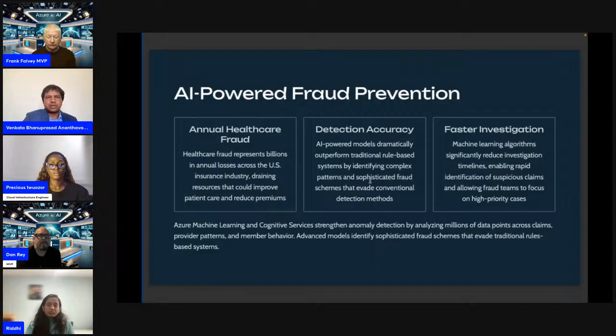With Microsoft Azure AI capabilities, including Azure Machine Learning and cognitive services, anomaly detection is strengthened by analyzing millions of data points across claims, provider patterns, and member behavior. The advanced models identify sophisticated fraud schemes that evade traditional rule-based systems. The key benefits are improved healthcare fraud detection accuracy and faster investigation.